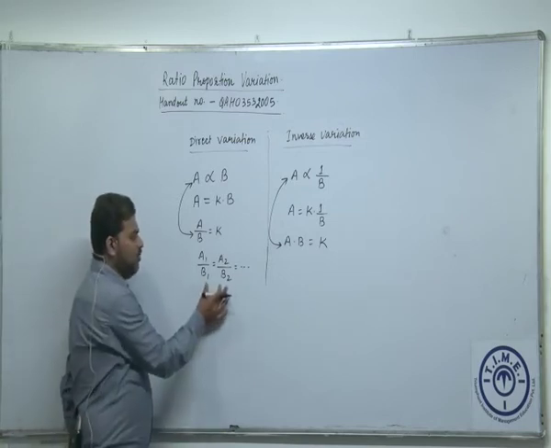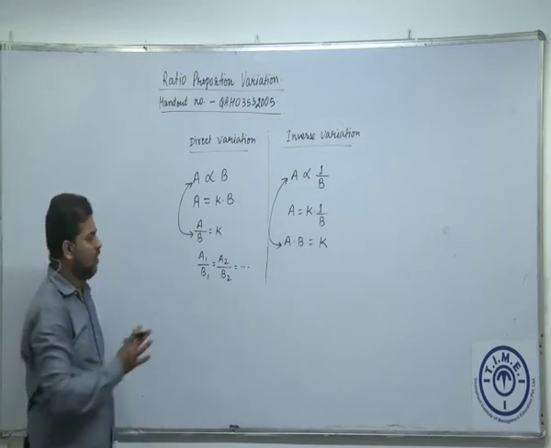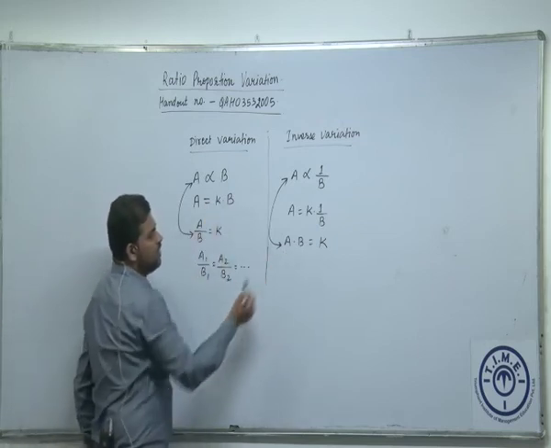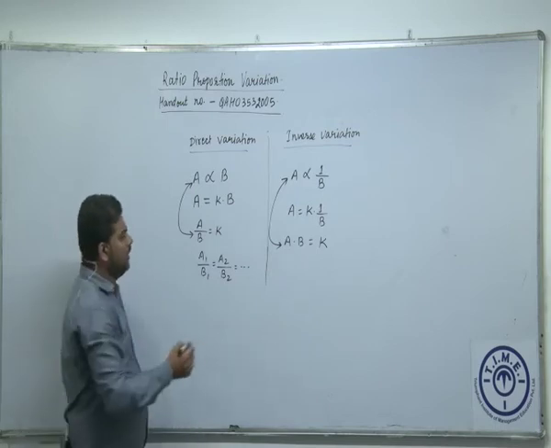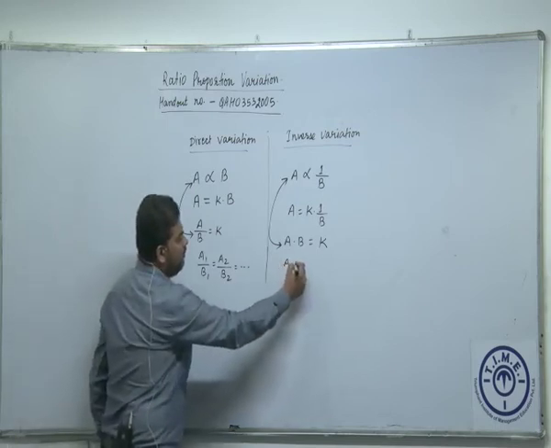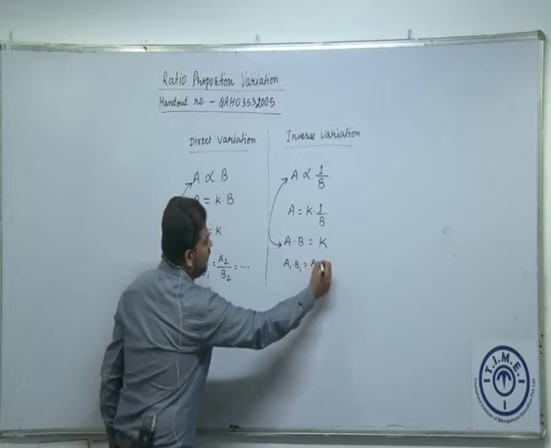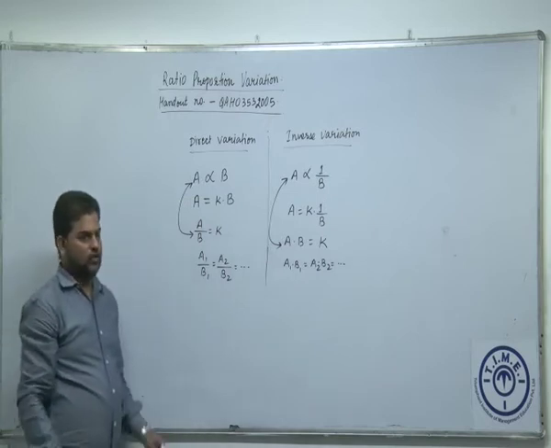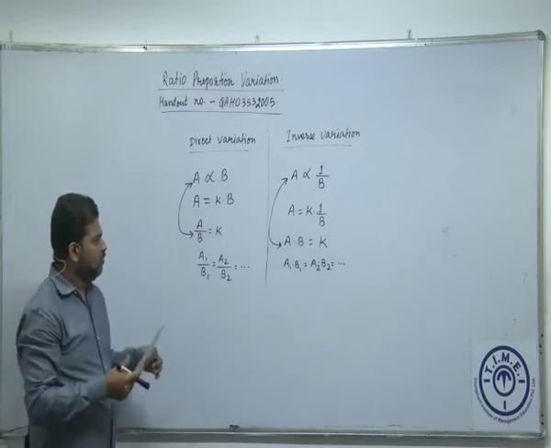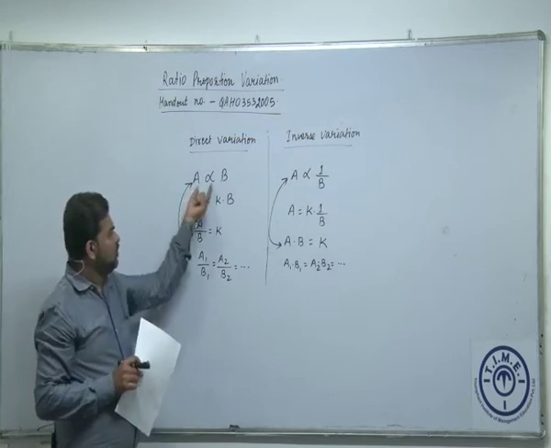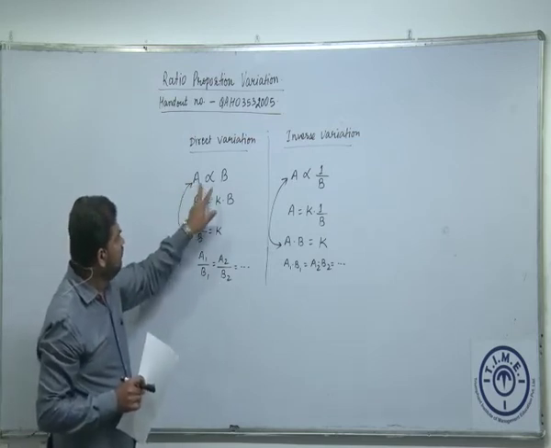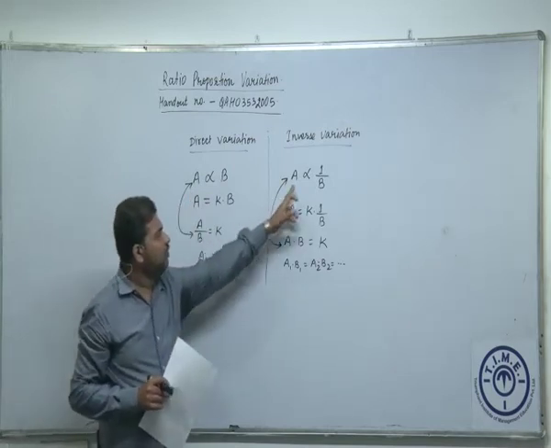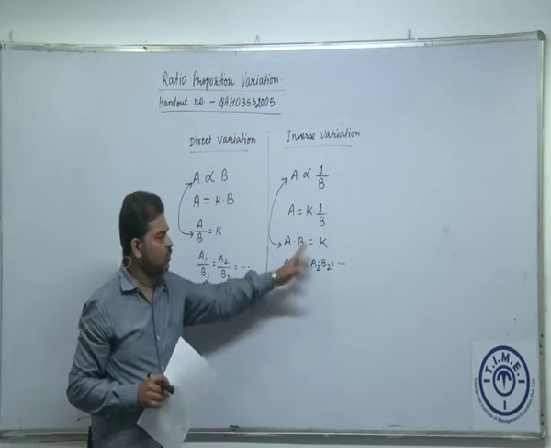So this thing will help us in solving our questions very easily without getting involved in the value of the constant. Similarly, when you say A multiplied by B is a constant, this implies that A1 into B1 will be equal to A2 into B2 will be equal to A3 into B3 and so on. I hope till this part it is clear. If two quantities are directly proportional, the ratio is a constant. If two quantities are inversely proportional, the product is a constant.